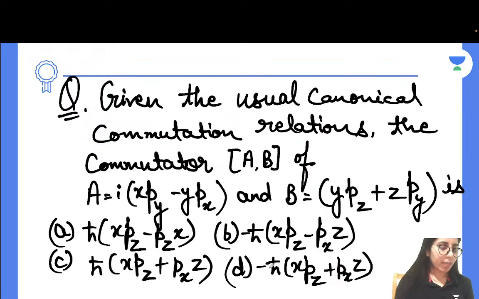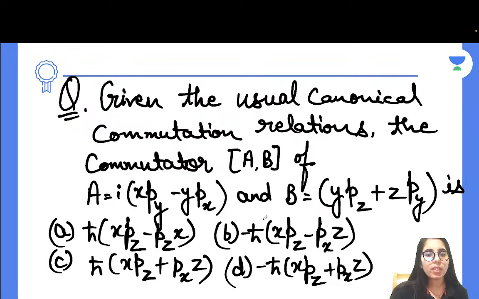Okay, let me just start the discussion. So actually, guys, here we have to find the commutator bracket of A with B, right? There is one approach which is direct and simple: simply use the formula for the commutator when added terms and multiplied terms are there, so you have to split the things with the formula. It will take a lot of time. Step by step, you go for this.